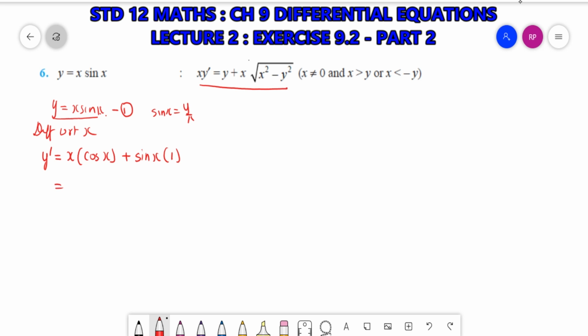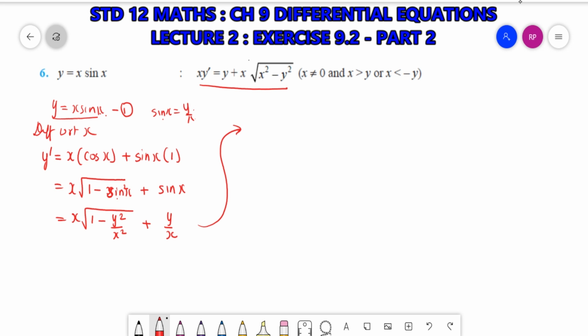So what I will do first, I will convert cos into sine. Root of 1 minus sine square x, right? 1 minus sine square x is cos square x and its square root plus sine x. Now what I will do, instead of sine x I will use y by x, so y square upon x square, and plus sine x, y by x,